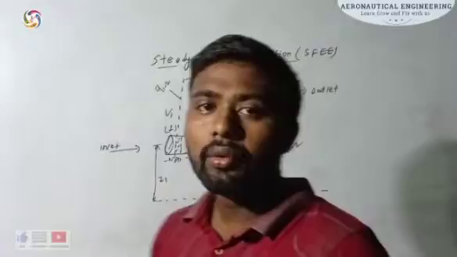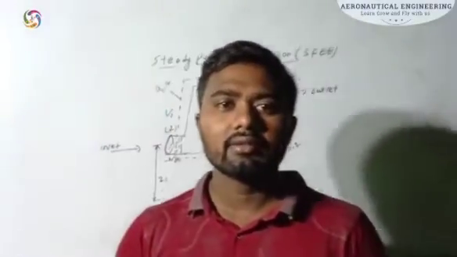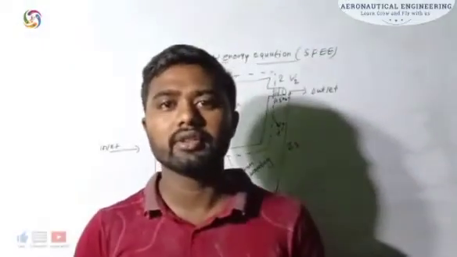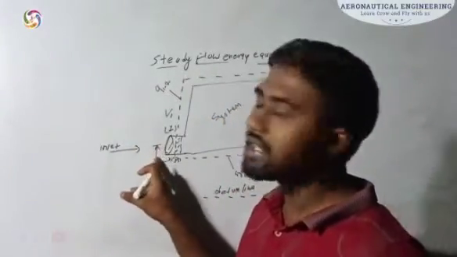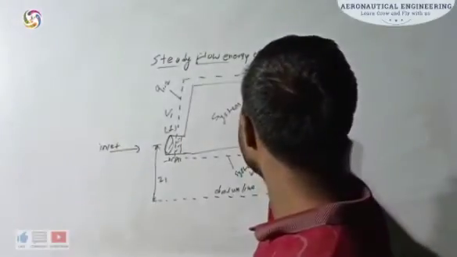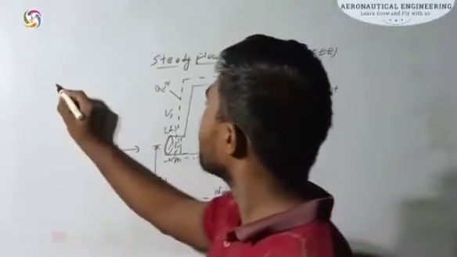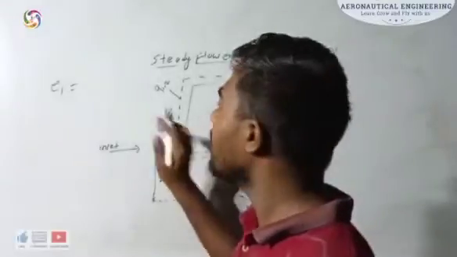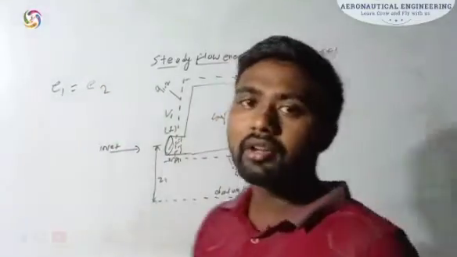So we all know that from the first law of thermodynamics, energy can't be destroyed, but it can be converted from one form of energy to another. So whatever amount of energy we are giving at the inlet of the system must be equal to the total energy at the outlet of the system. So let E1 denote the sum of total energy available at the inlet of the system, and E2 denote the sum of total energy at the outlet of the system.